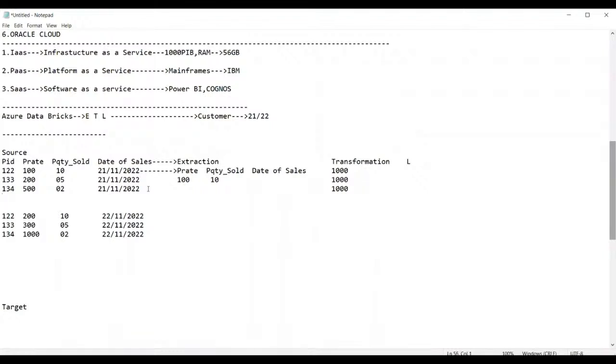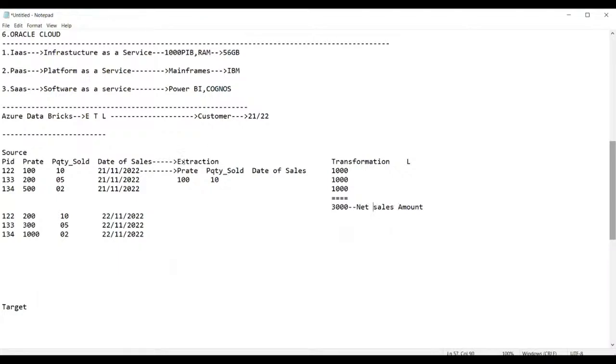The sum of these three is 3000. So 3000 is the net sales amount. Am I right, guys?